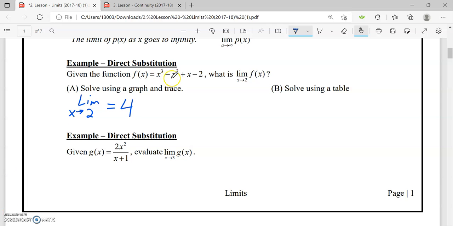2 cubed is 8. 8 minus 2 squared, so 8 minus 4, that's 4. 4 plus 2 is 6. 6 minus 2 is 4. Okay,